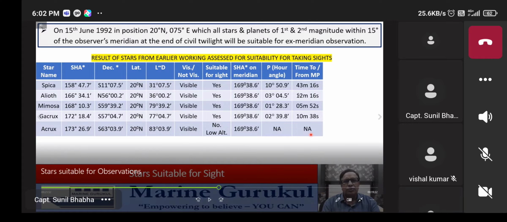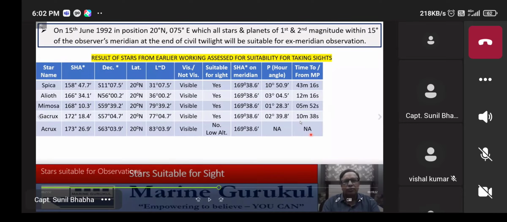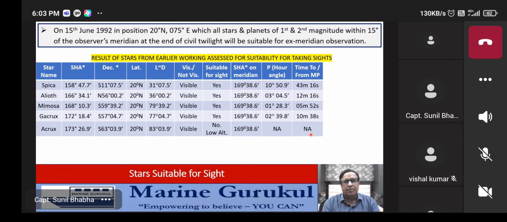Okay, all right. So now we have obtained the time, how far away all these stars are from our meridian. Let's proceed ahead now. Use nautical tables and get the x meridian limits using the Norie's tables. These x meridian limits are as per the Norie's table: 29 minutes for Spica, 44 minutes for Elliott, and the others as listed. We compare these x meridian limits obtained from nautical tables with the time to or from